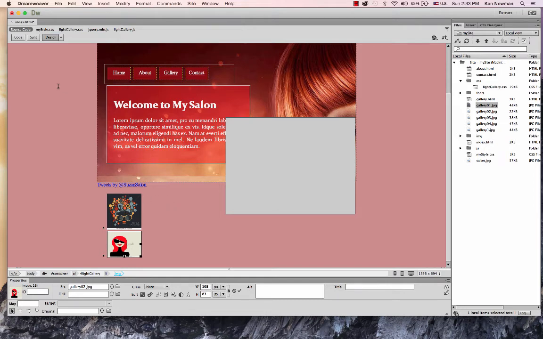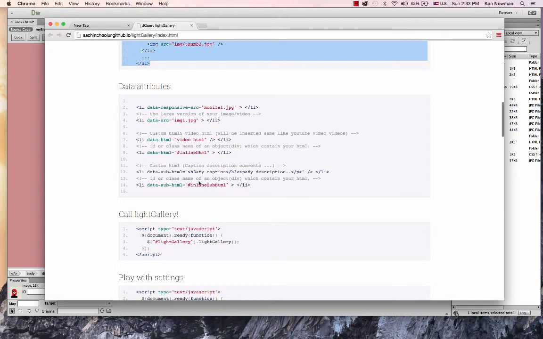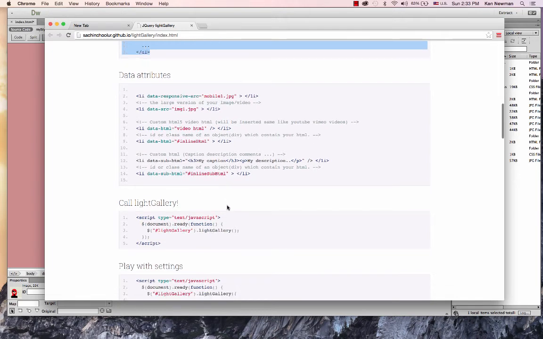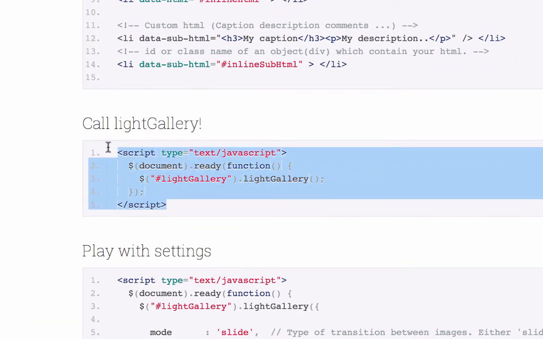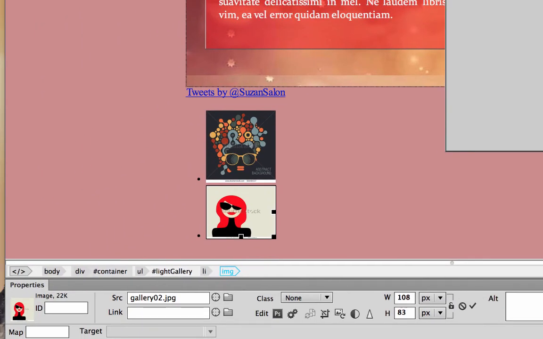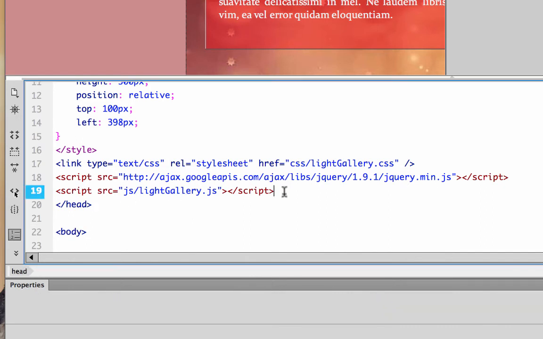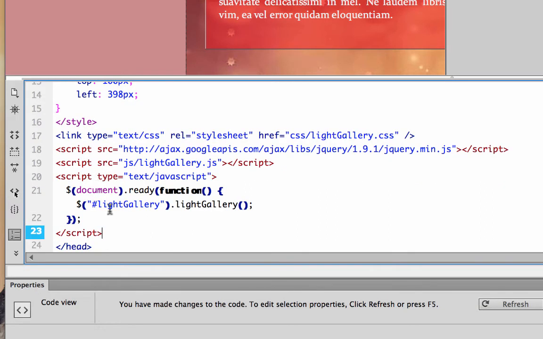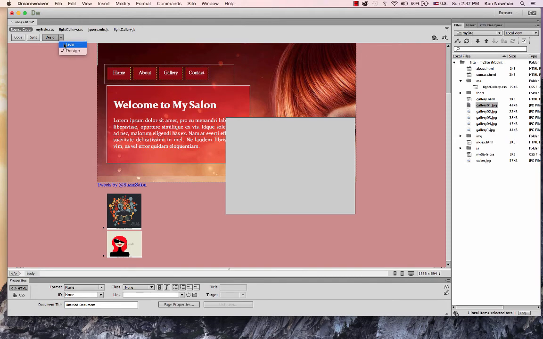But just to demonstrate, the last thing back on the instruction page, I'm ignoring the data attributes and all of the different things you can do to customize the widget. This is the script we need to actually call the light gallery once the document has loaded into the page. So I'm copying this one and going back to my header, and again I'm just going to paste this script into the header. So now if I go to the live view,